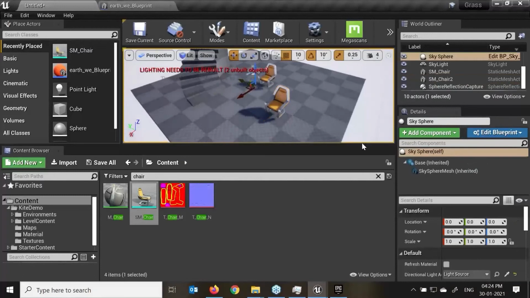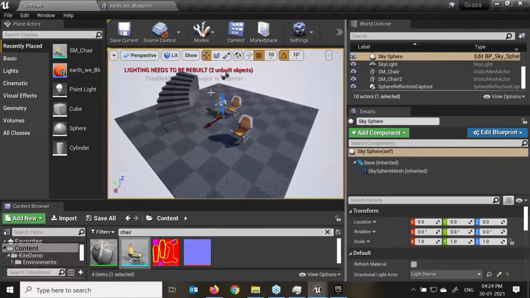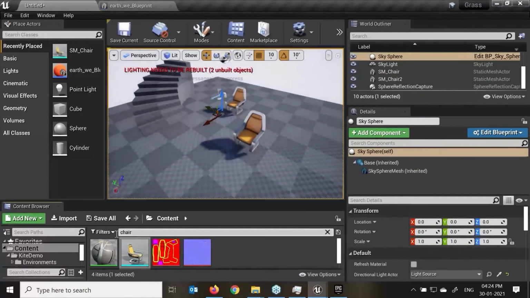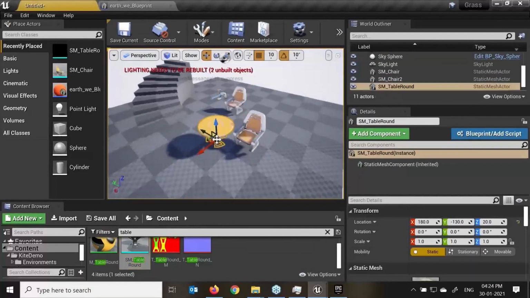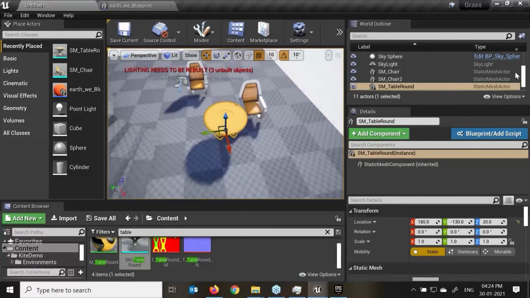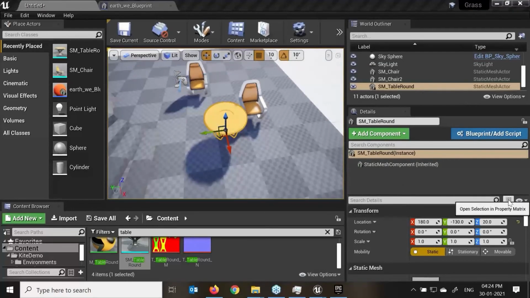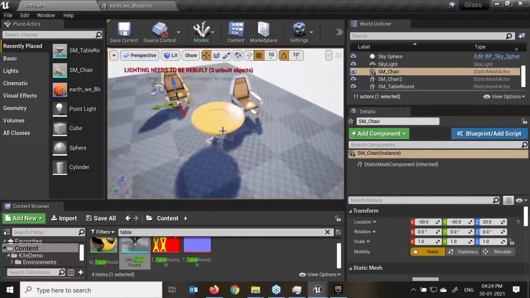Just drag over here. Just a little bit more screen. So in my scene, I have just added a table over here. Drag and drop, F. Now here we have the property matrix, right? Now what is a property matrix? Like I have selected multiple objects together.